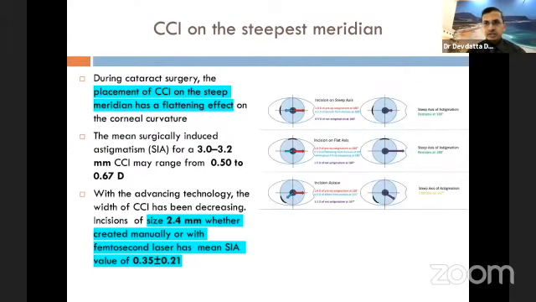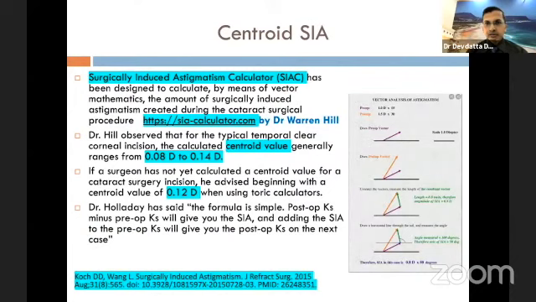Clear corneal incision on the steepest axis is the most useful technique to go for in low astigmatism. As our incision sizes have decreased to 2.4, the mean SIA they say is around 0.35 diopters. But recent work by Dr. Warren Hill, Dr. Koch, and Dr. Holladay has shown that instead of a mean or a median SIA, we should go for a centroid value that is based on a vector analysis. That value comes to only 0.12 diopter, and this is incorporated in most of our modern machines nowadays.